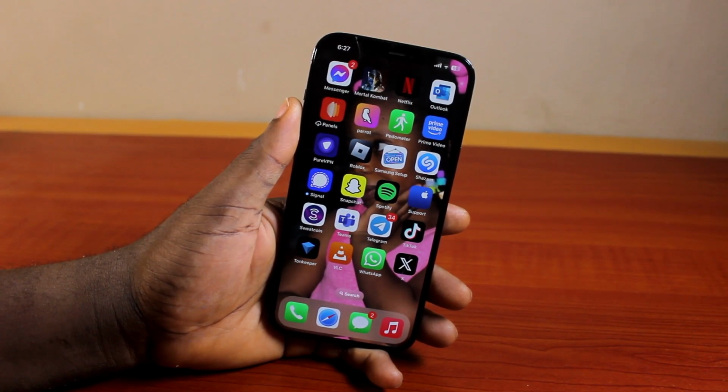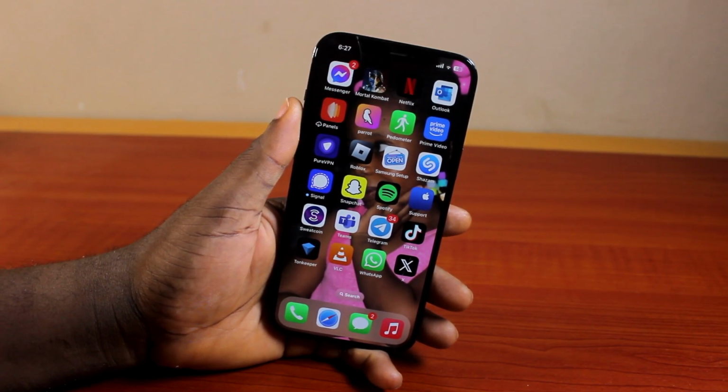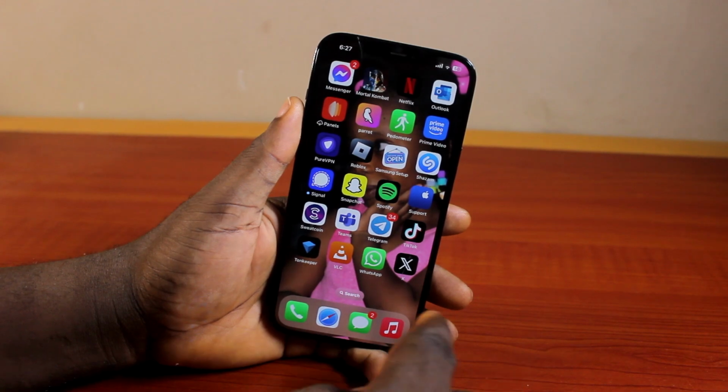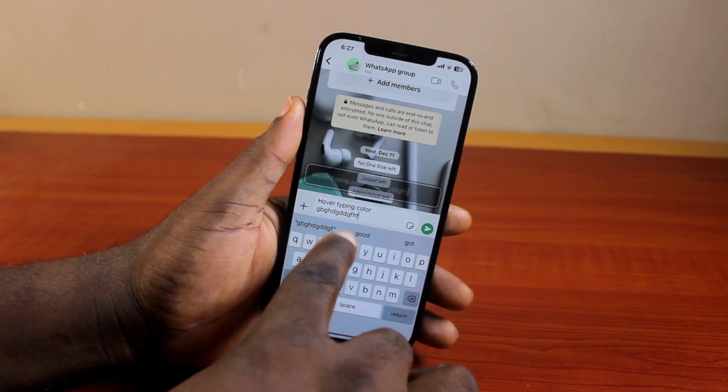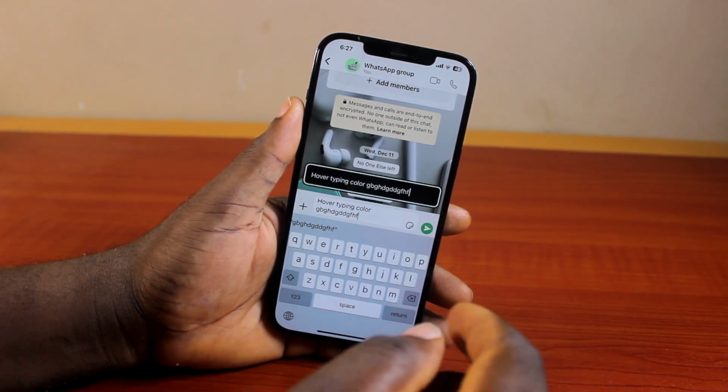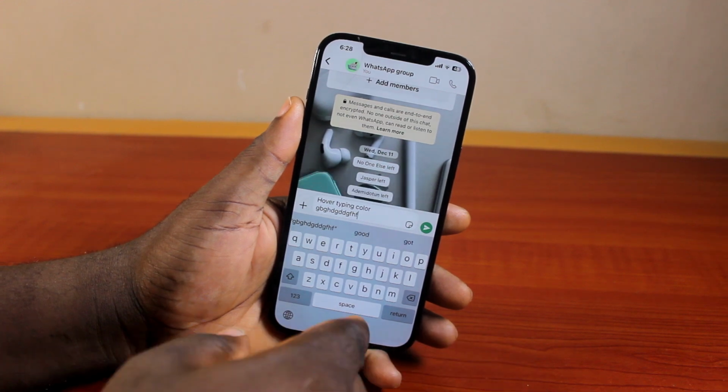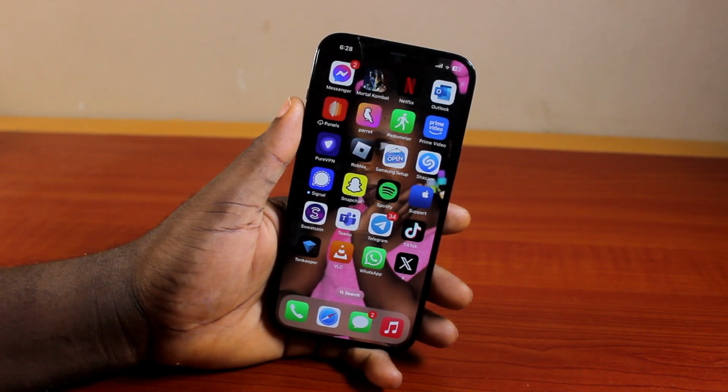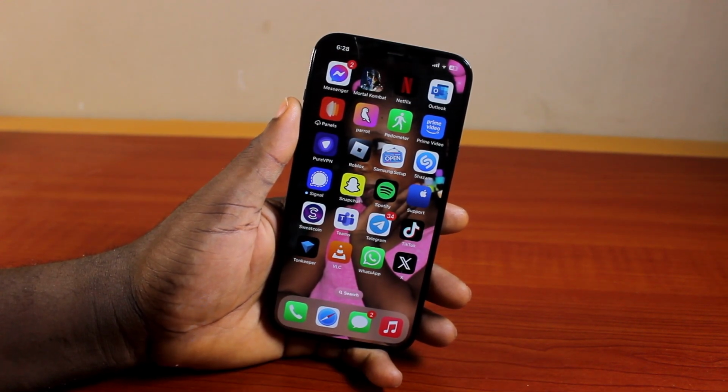Here, I'll detail how to disable or turn off overtyping on iPhone or iPad. So if you want to remove this label called overtyping on your iPhone, then you need to disable it or turn it off. So basically, in this video, you'll learn how to turn off overtyping on your